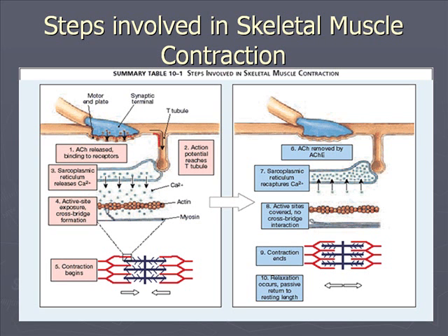And this is just another illustration, again out of your book, that shows those series of steps. It shows you the nerve, the motor end plate, the synaptic terminal, the release of acetylcholine, the binding that takes place, the release of calcium, the primary cation that's involved in this reaction, which allows the action potential to come through, reach the point of the muscles at the T-tubule, and stimulate the reaction to take place, the contraction of actin and myosin,